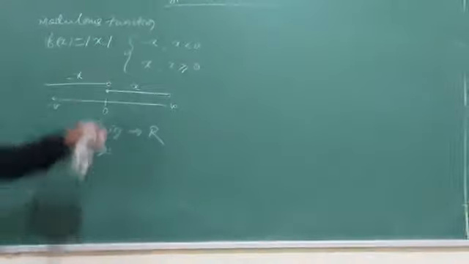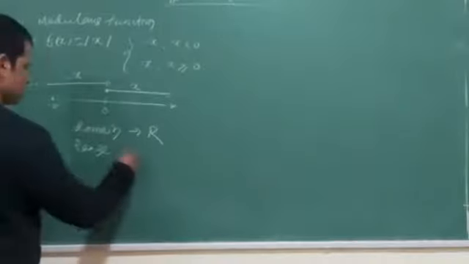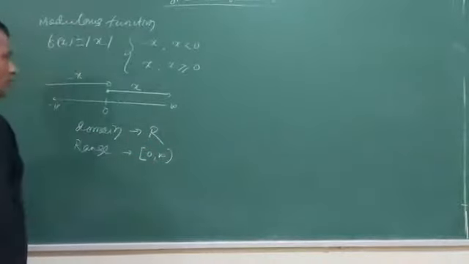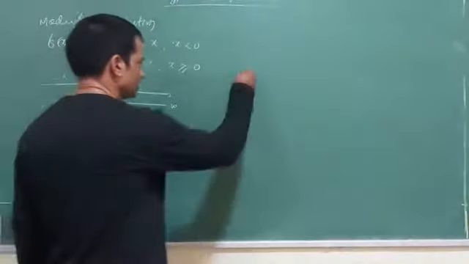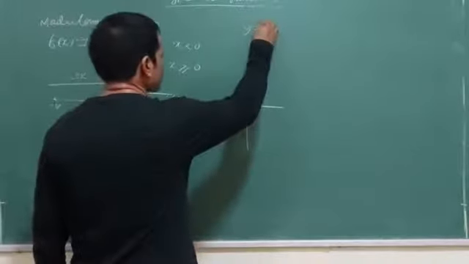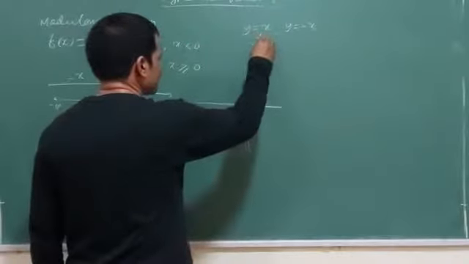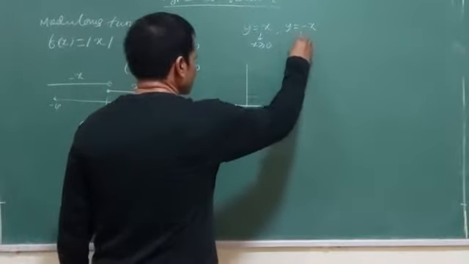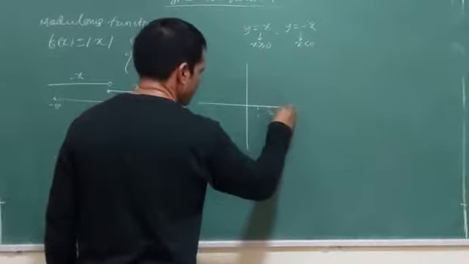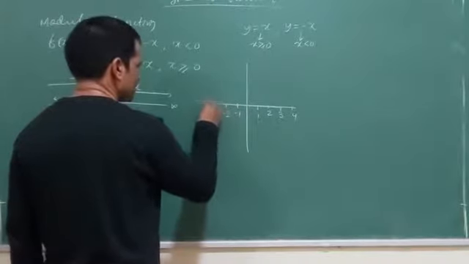Then comes your range. You know the modulus value cannot be negative, but if I replace 0 here, I am going to get 0. So range is 0 to infinity. Now next thing is the graph. It gives you two parts here: one is y equal to x and the other is y equal to minus x. The first is for when x is greater than or equal to 0, and the second is for when x is less than 0. Just for your help I am giving you this the first time. Then without this, minus 1, minus 2, you can do it also.